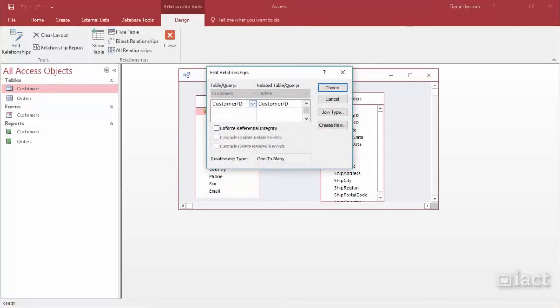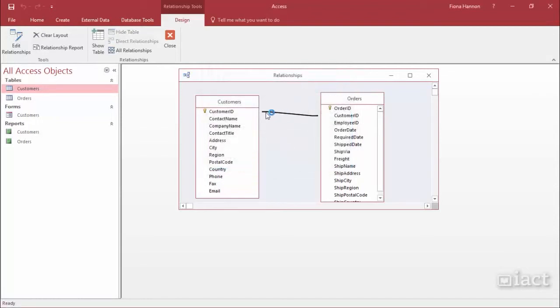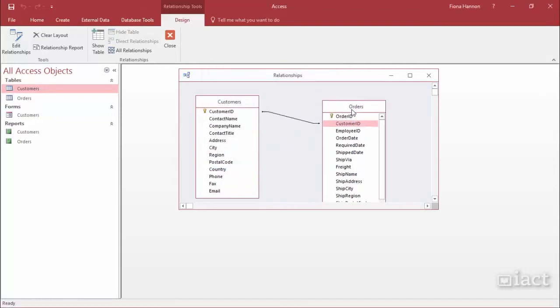To make sure that you've dropped it on the right part, you can see here the table that it's getting the ID from here is the customers table, and we dropped it onto the orders table into the customer ID field as well. So now if I press the Create button, it will create the relationship link between those two